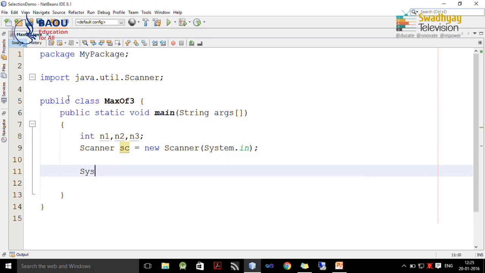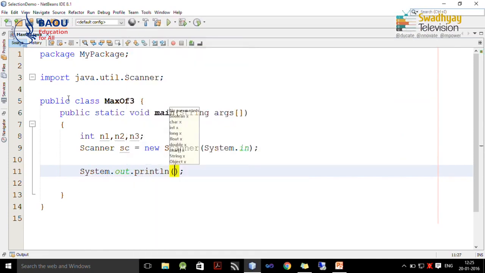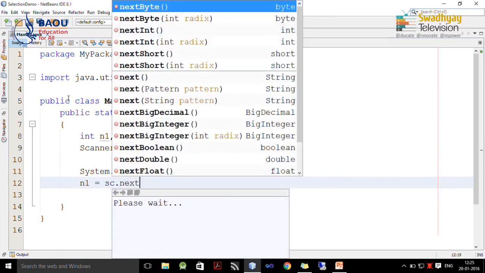So, we declare 3 variables n1, n2 and n3 and one Scanner which can be used to read data from the keyboard. First we provide the user a message: enter number 1. So, the user will enter the first number, and we want to read that using this Scanner class object. I write n1 is equal to sc.nextInt().